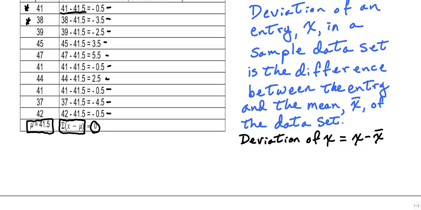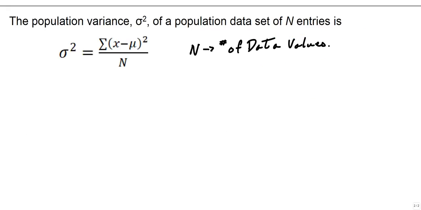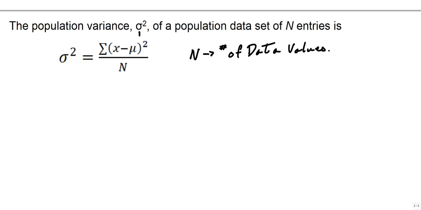All right, so let's go ahead and discuss variance and standard deviation. So we'll define the population variance using the lowercase Greek letter sigma. That's what this is. And we'll say that that is sigma squared of a population data set of n entries, where n is the number of data values. And that is given as sigma squared is equal to the summation of the quantity x minus mu, i.e. the deviation of x from the mean, and then we're going to square that. And so we're going to add all those together after we've squared them, and then we will divide by the